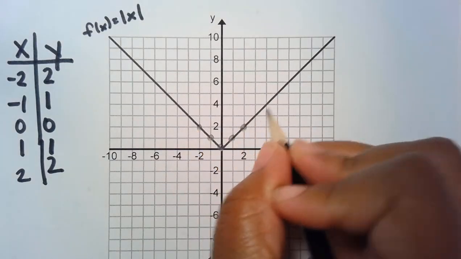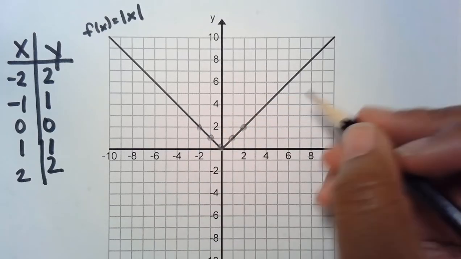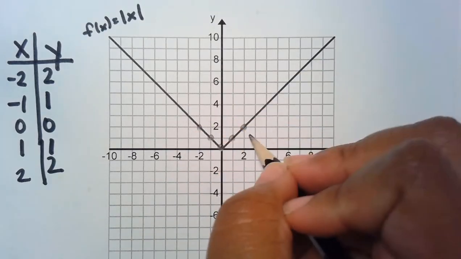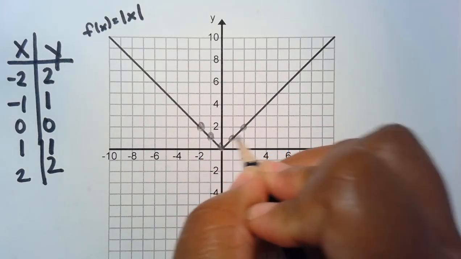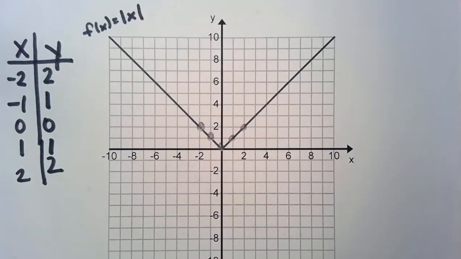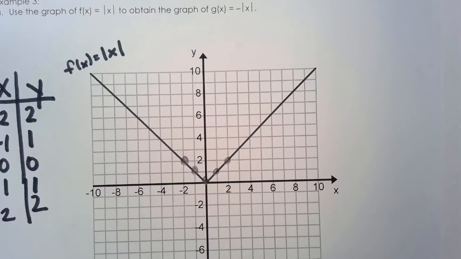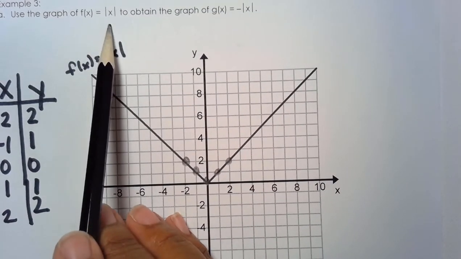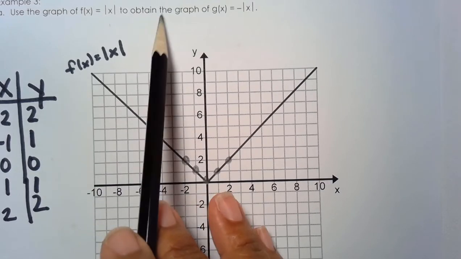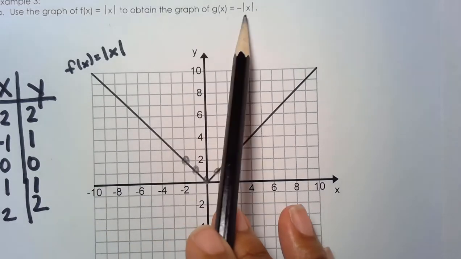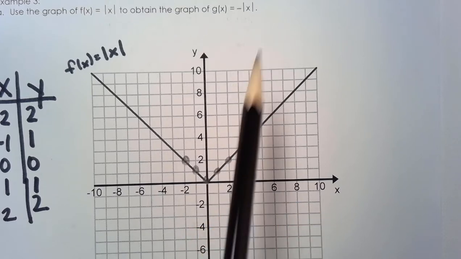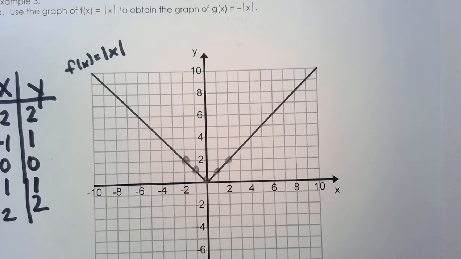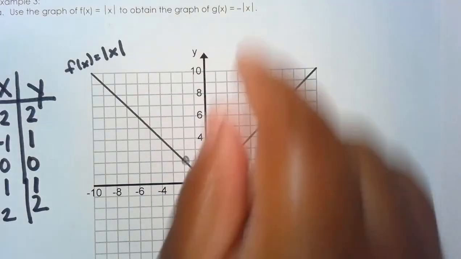You can do 4, 4, 5, 5, but we'll just stick with these smaller numbers. Okay, so it says here, use the graph of f of x is equal to the absolute value of x, that's what we have, to obtain the graph of g of x is equal to negative times the absolute value of x. Okay, so what this means is that whenever there's a negative in front,